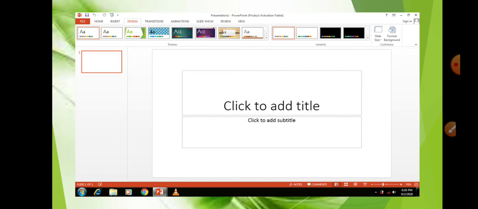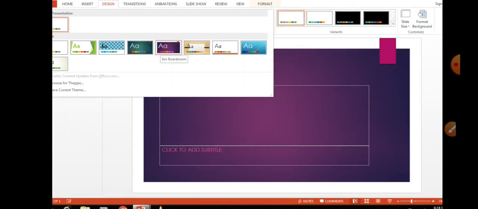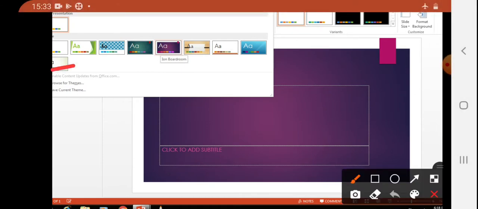You have to use these themes and designs for your slide to make it more decorative and more attractive for the presentation. It is very important for a presentation that it be decorative and somewhat attractive. Then only the person who is watching your presentation can see it properly. Next, when I click on the themes, all these themes appear here.